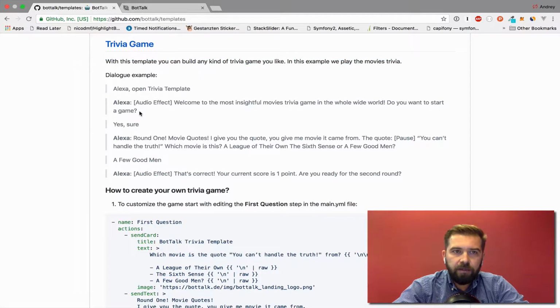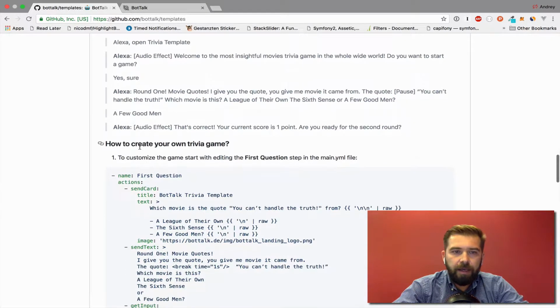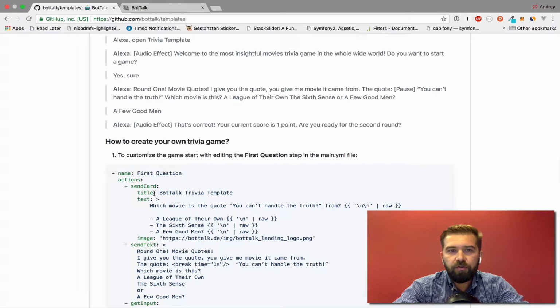And there's a dialogue example right here, open trivia game, and then there's an audio effect, welcome to the most insightful movies trivia game in the whole wide world. Do you want to start a game? Yes, sure. And then the rounds just go on, and so how do you create such a trivia game using